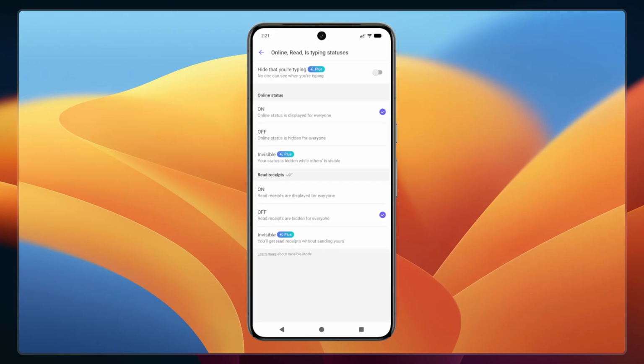And that's it. You've successfully disabled the scene status on Viber, giving yourself more privacy and control over your